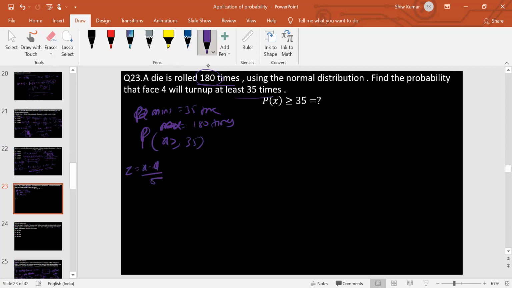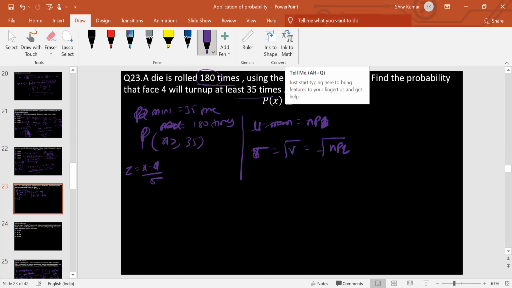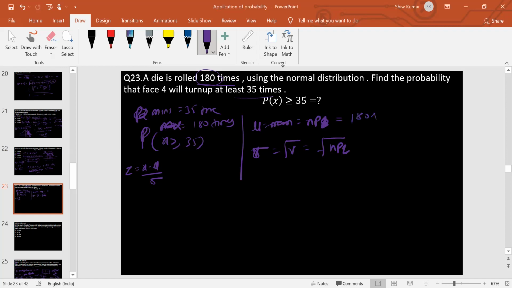तो देखो ये इसको Z में convert करने के लिए I need mu and sigma। Mu is mean and sigma is standard deviation। तो देखो mu is mean only, and mean का जो formula था it's NP and sigma का जो formula था it's root under variance। तो root under variance is here NPQ। No, mean formula is only NP, only NP here। Okay, only NP। तो देखो यहाँ पे mean find out करने के लिए देखो n कितना, 180 times, we rolled here dice 180 times